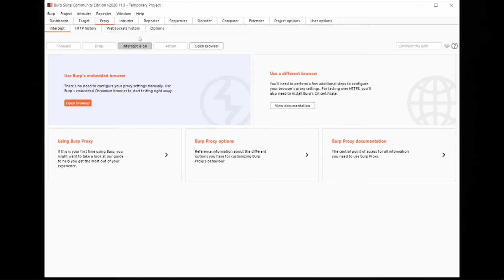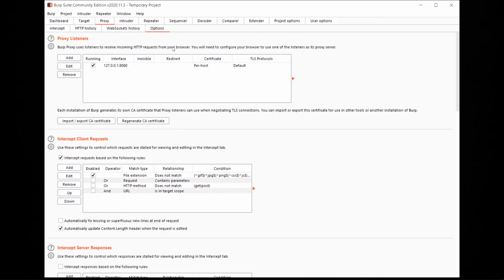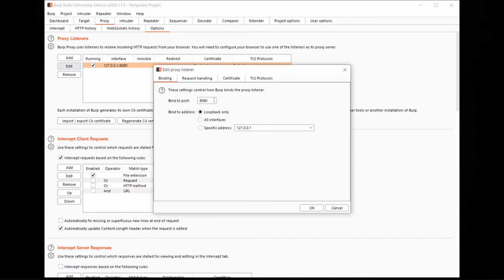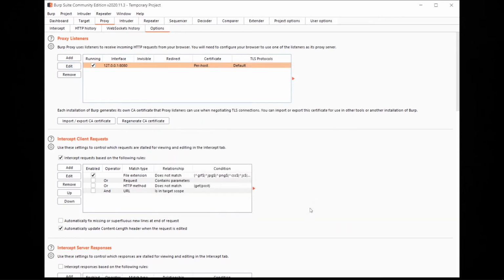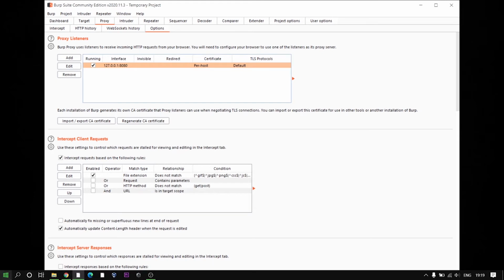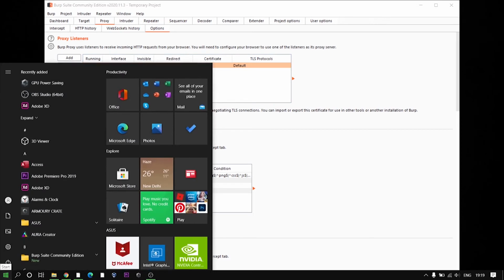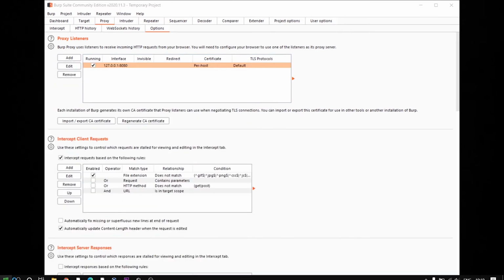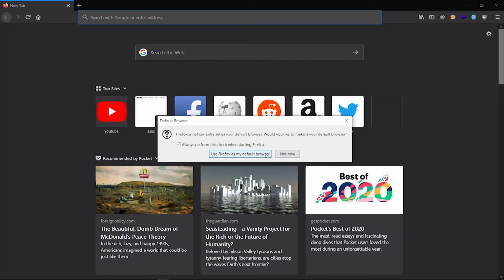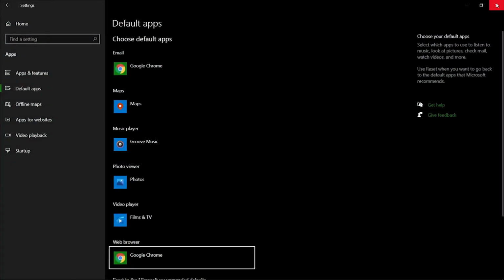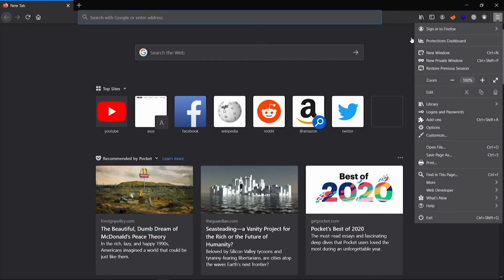And then move to your Firefox. I recommend using Firefox for this Burp Suite edition. Go to the options of Firefox and type proxy. The network settings appear; click the settings button and choose manual proxy configuration. Here for the HTTP proxy, make sure the Burp Suite IP address 127.0.0.1 is entered.